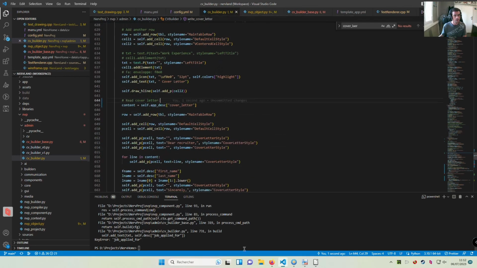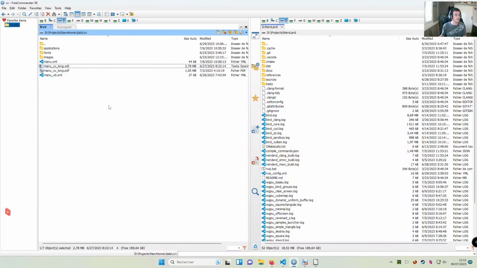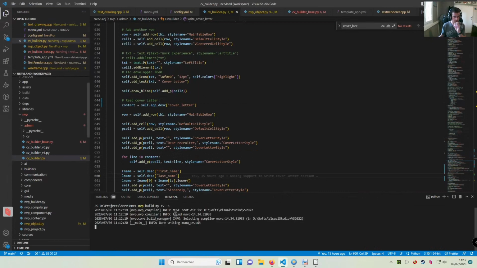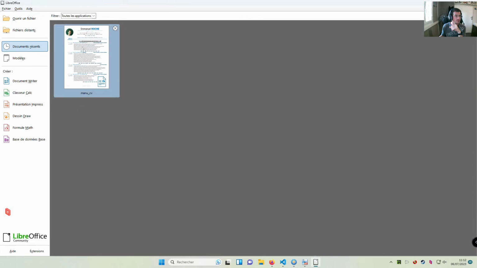All right. Maybe it's working now. If you remember, I have removed the ODT and PDF file, and we're trying to confirm that the PDF generation is working as expected here. So I'm generating the short version of the CV. It's done writing the ODT, and you see that it's taking some time to write the PDF. So it's actually doing something. Now if we go in the folder, we see we have those two files generated, and we can still open the